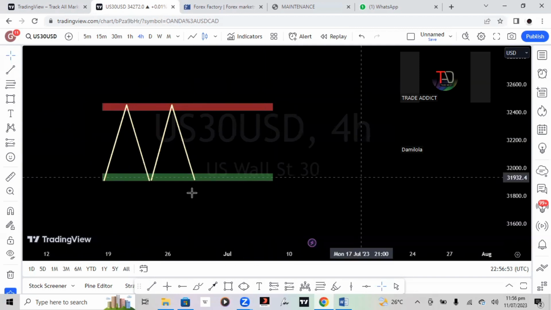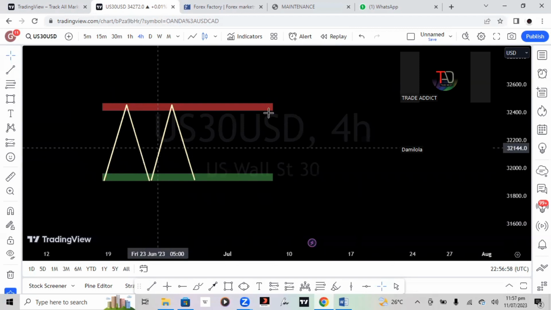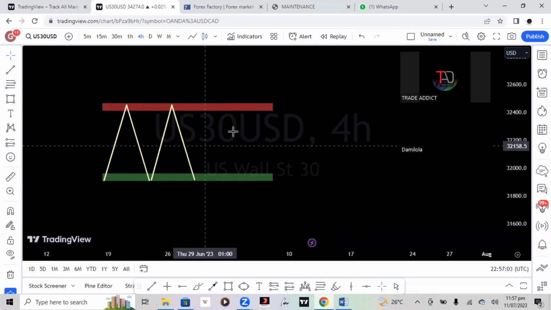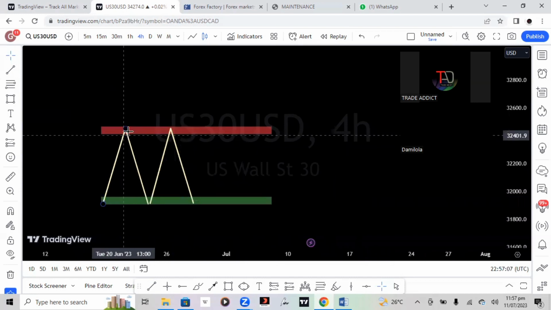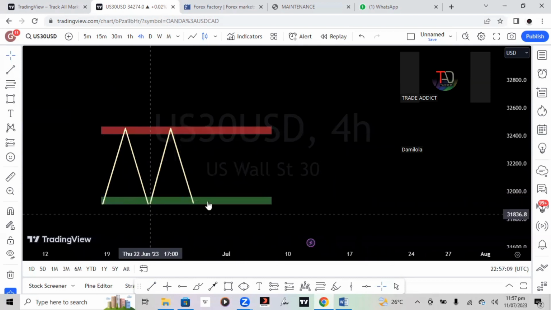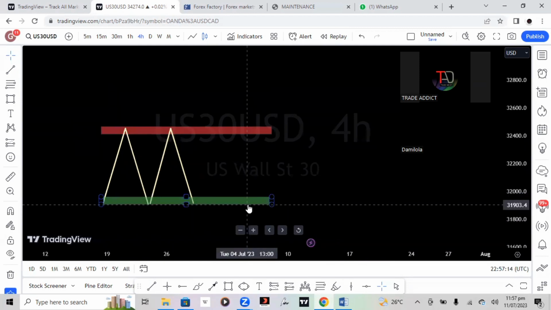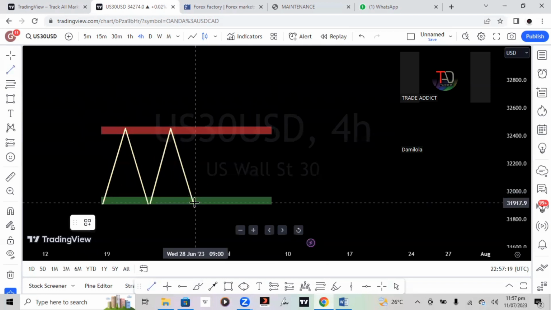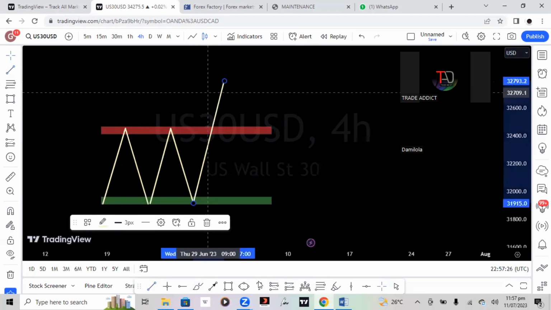A channel. In a situation where price moves in between this channel, price will not stay in this channel for a long period of time. Price will buy on the support, sell at the resistance, buy, sell for a short period of time. Then at the end of the day, price will break out of this channel to test another zone. So in a situation where price breaks out of this channel, this right here is called what?